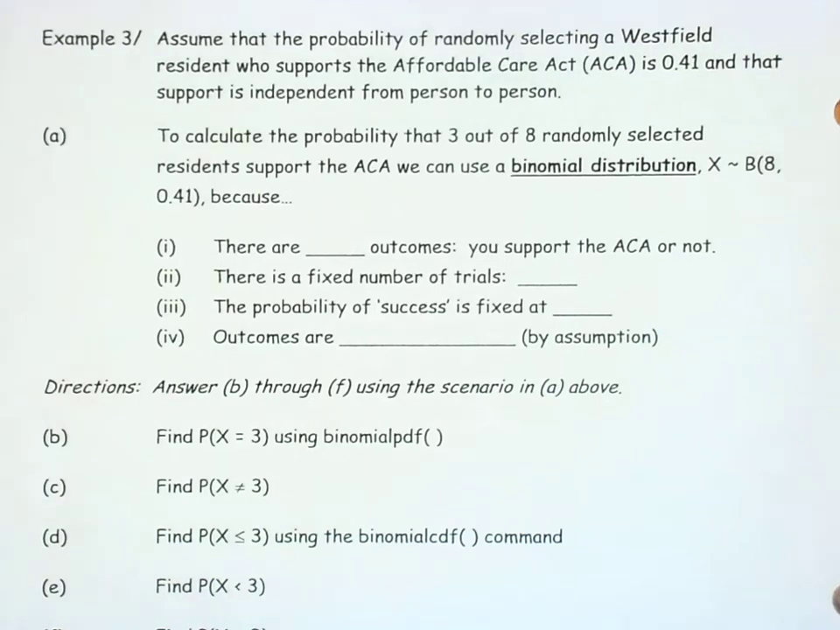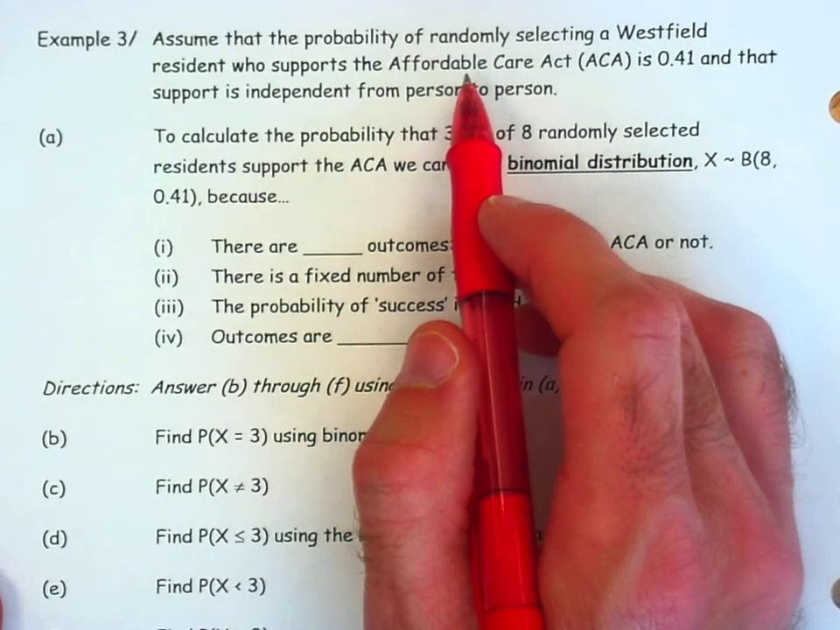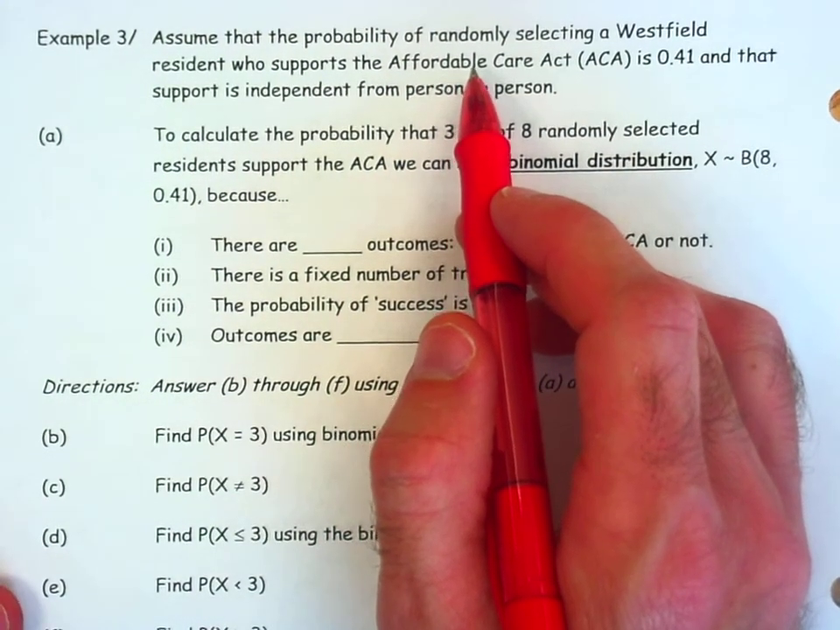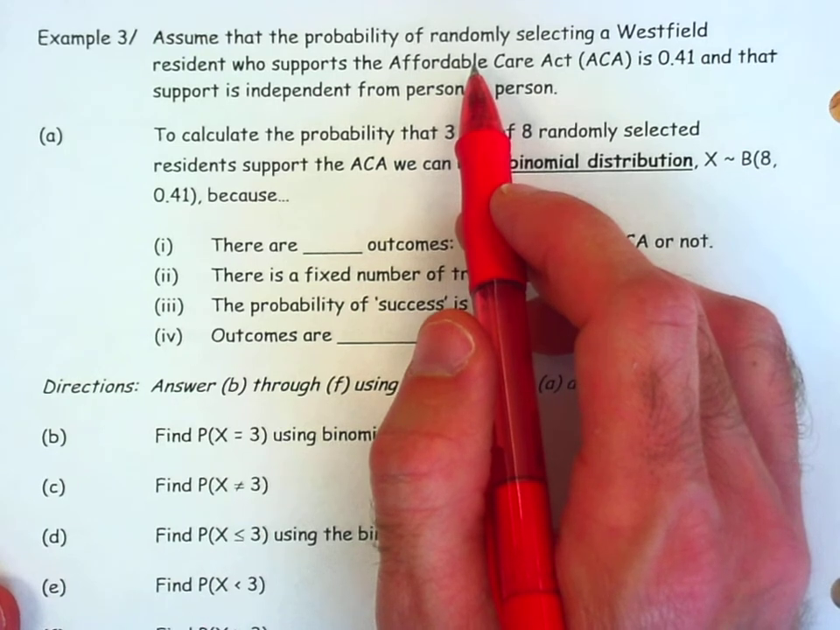Hi there. Let me take some time and take you through example 3. I think this is an important one because we're going to review how to use the calculator commands to calculate binomial probabilities. So let's start by assuming, and I just made this up, that randomly selecting a Westfield resident who